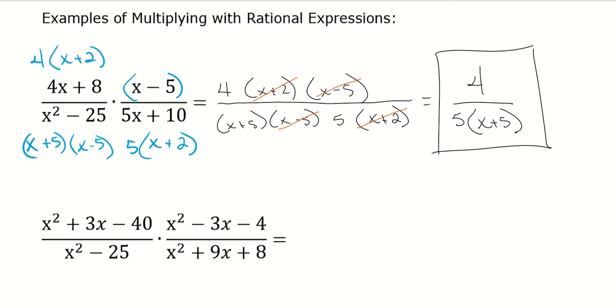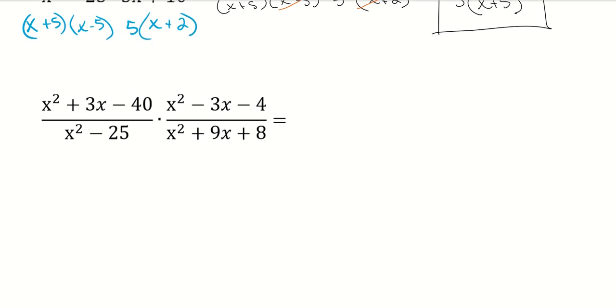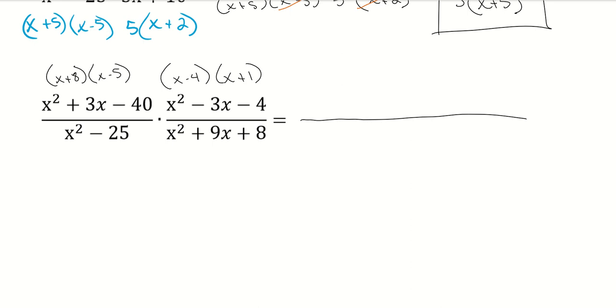Looking at another example, we have to go through and factor each of these. I'm going to go ahead and put my fraction bar here. This first one factors to x plus 8, x minus 5. This one will factor to x minus 4, x plus 1. The bottom, I have my x plus 5 and x minus 5 again. And here we have x plus 1, x plus 8. So I stack all these together, x plus 8,